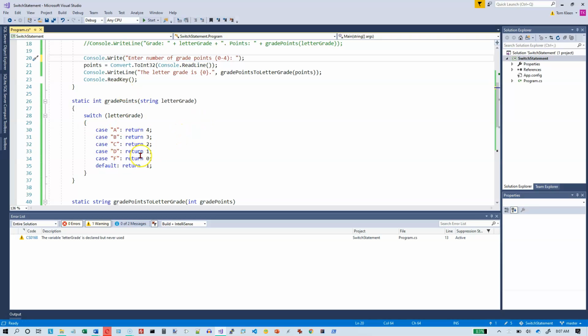So another example of a switch instruction. In some languages it's called a case. In C# it's called a switch, but it also uses the word case as a big part of the